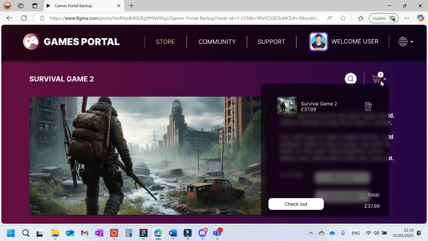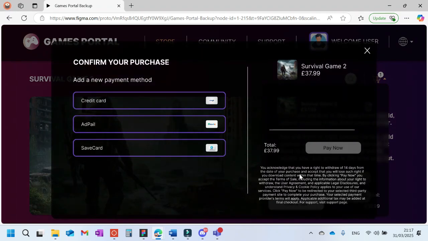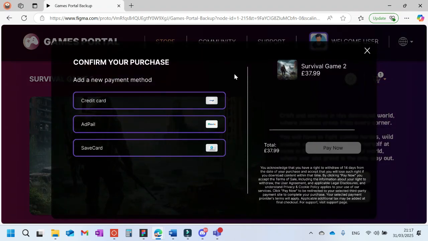Once you open the cart, it shows which game it was, the price, and the total price of the games displayed down here, and then a little bin to tell the user that if they made a mistake with the game they added, they can just remove it from here. Now in order to check out and buy this game, we will have to press this checkout button down here. This opens the payment